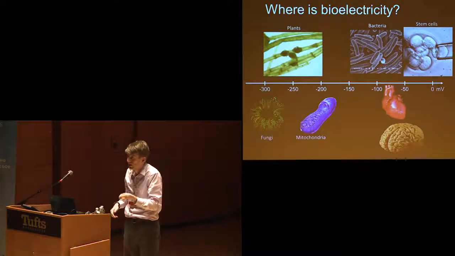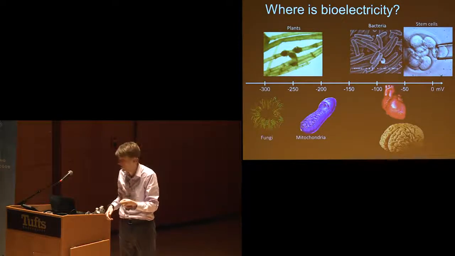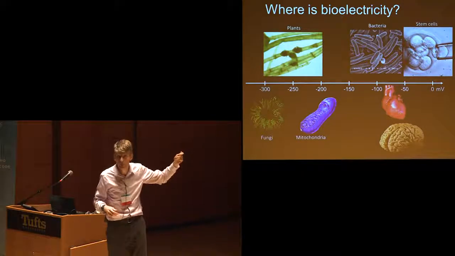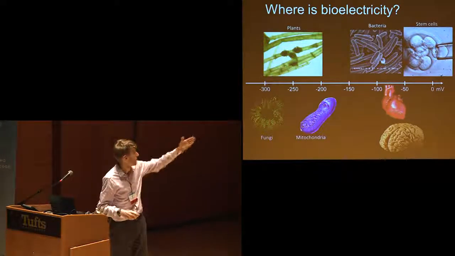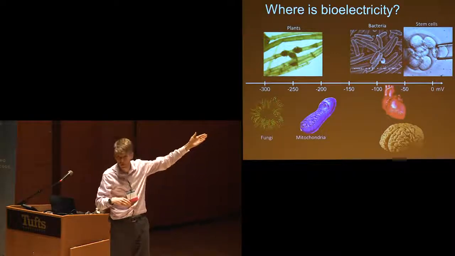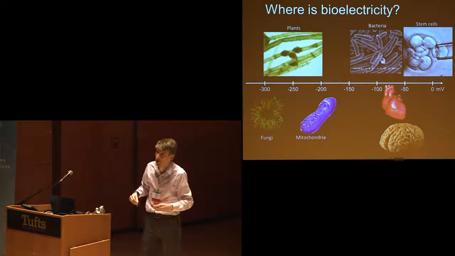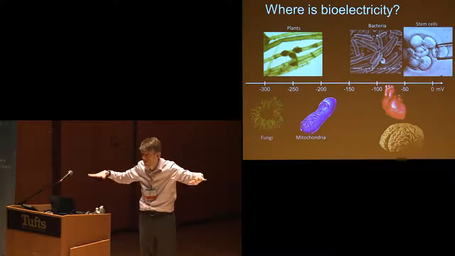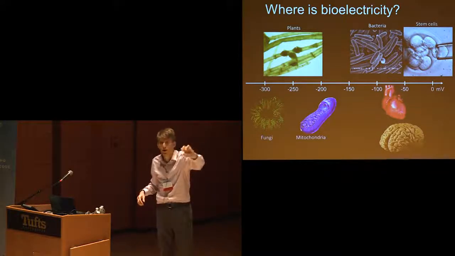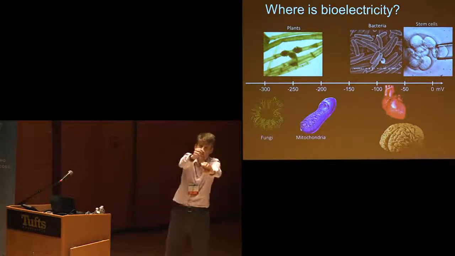Nobody has ever put an electrode into an intact bacterium before because bacteria are too small and they have a cell wall. Plants are also very hard to measure because they have a cell wall. Mitochondria are very difficult to access because the voltage is on the inner membrane there. If you have something with lots of cells and you want to map the voltage, that's hard to do with electrodes. Or if you have things that are moving around, like a sperm, it's hard to imagine chasing it with an electrode and harpooning it.